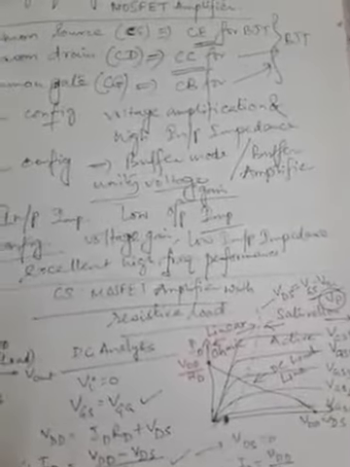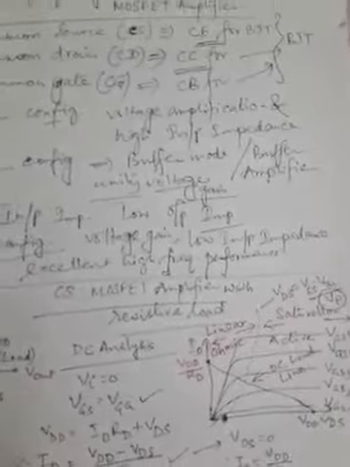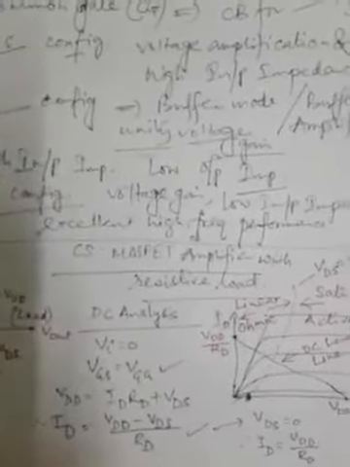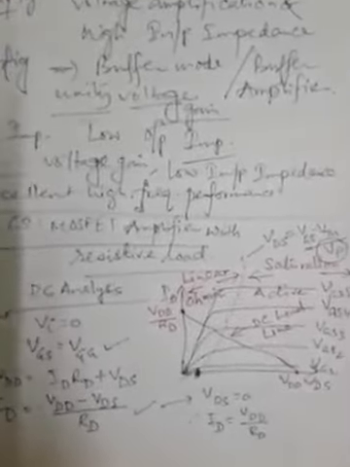Okay, because we are drawing this line with the help of the value of the load, which is RD here. So RD is important to find the position of the two extremities of this line, and the drawing of this straight line is dependent on the RD value, that is the value of the load. So it is called load line, and all conditions are used considering the DC condition only. There is no question of AC applied here now.